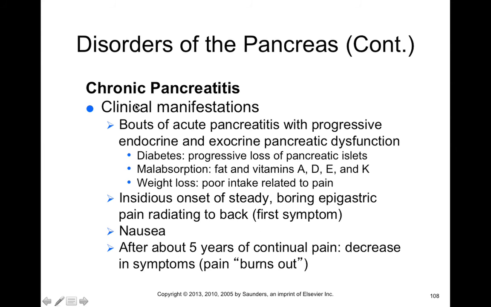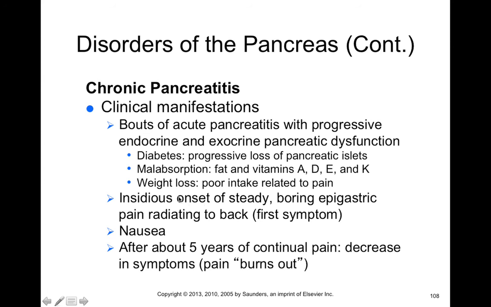And the clinical manifestations of this, you're going to see bouts of acute pancreatitis with progressive endocrine and exocrine dysfunction. So things like diabetes may come from the loss of pancreatic islets, or malabsorption of different fat-soluble vitamins like D, E, A, and K, even weight loss from poor intake related to pain. And